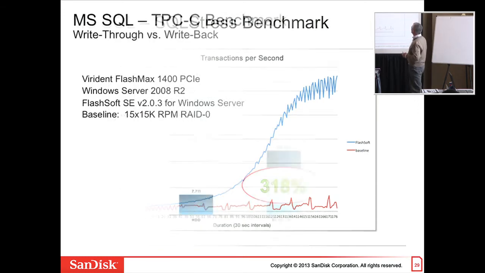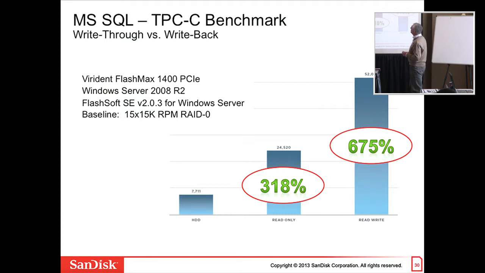You'll see the difference as usual. TPC-C, we run a TPC-C-like test. We actually use Benchmark Factory, and we use a TPC-C-like test. And you can see the huge advantages in the write back. This is a JBOD. If you have very powerful storage, of course, write through will be close to write back. But